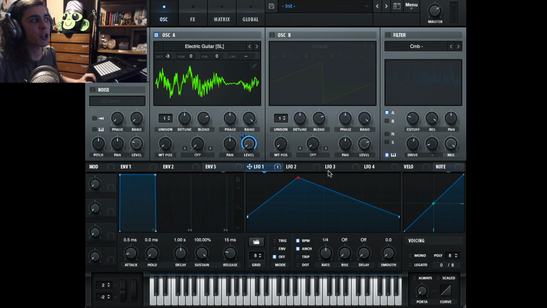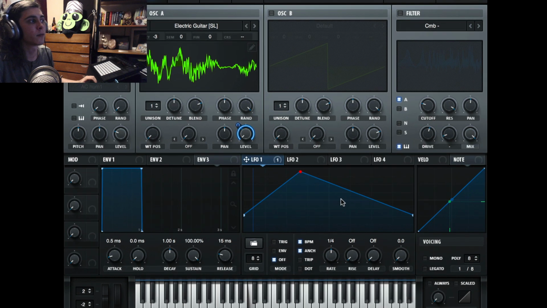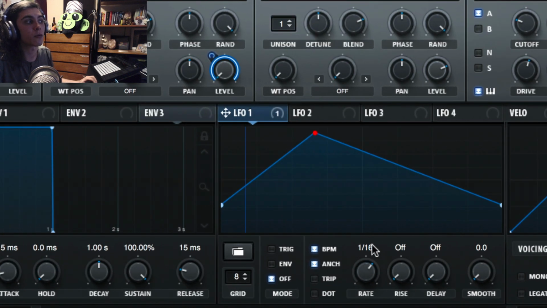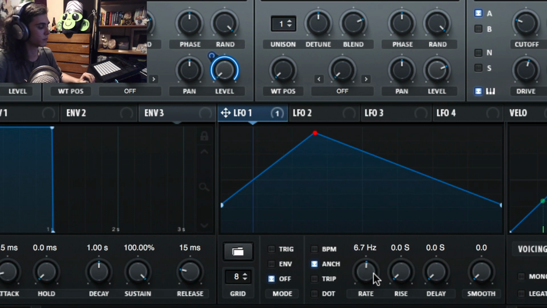So now that I have a shape I want and I'm modulating the parameter I want, the next thing I want to do is pick the rate. Straightforward, synchronized rate to your song. If you hit the BPM button, it's actually going to be unsynchronized. Good to know. Below that you have an anchor button, and what the anchor button will do is it will